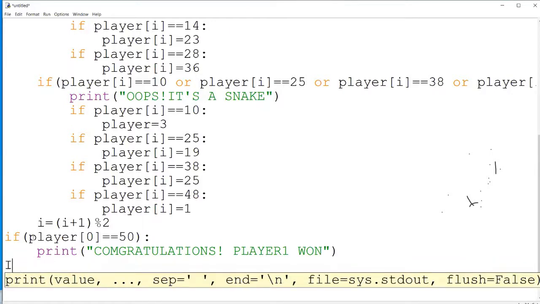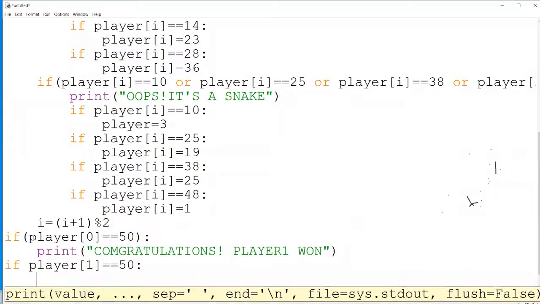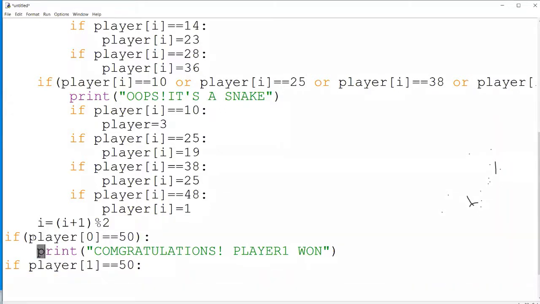Otherwise, if player 1 reaches 50, this time the message should be given to player 2. So I'll change the spelling.